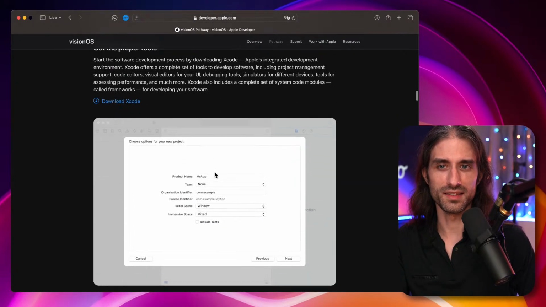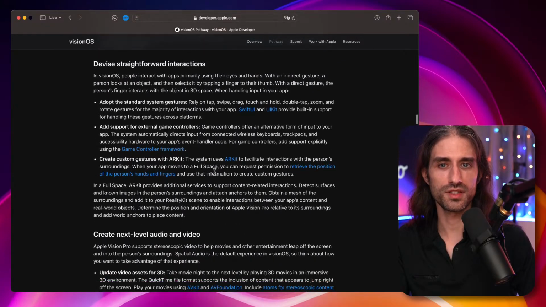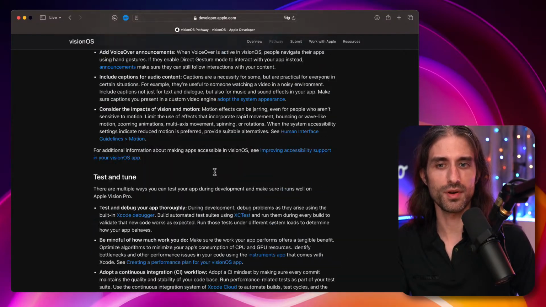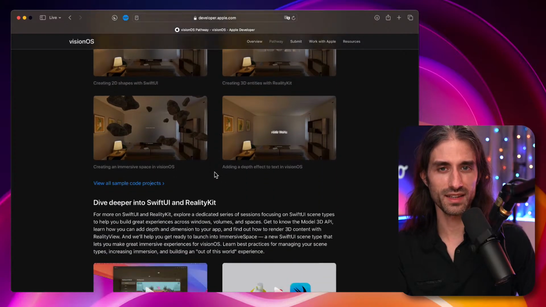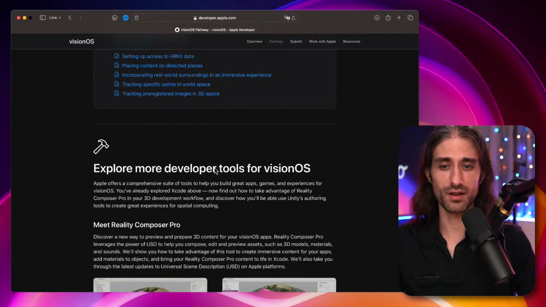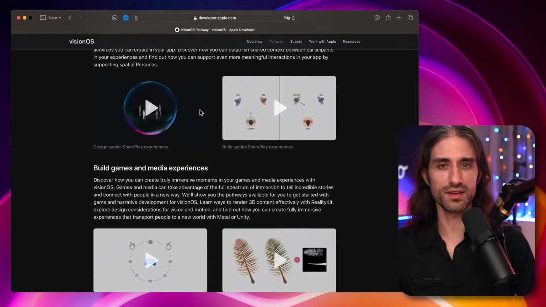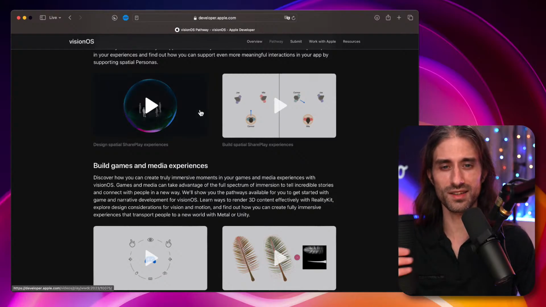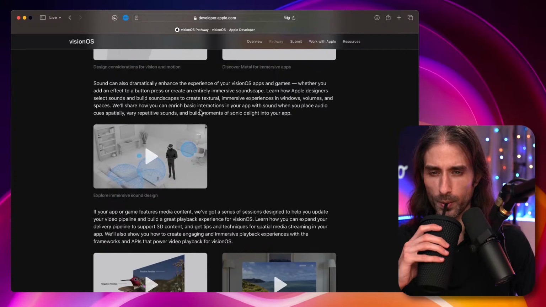Okay, and then it seems like there's even a tutorial, so there are lots of resources here. You can see that they put in some big effort. You can see that they want people to start creating apps for Vision OS, because I'm not gonna lie, there are not that many apps on the Vision Pro. It's a bit sad, so I understand why they would push that. So if you want to learn Vision OS, honestly, read this page, and I think you will have more than enough to get started and to get you occupied for at least a couple of weeks.